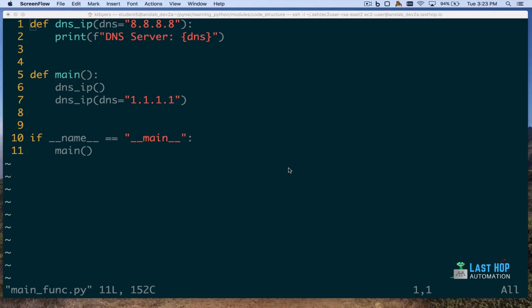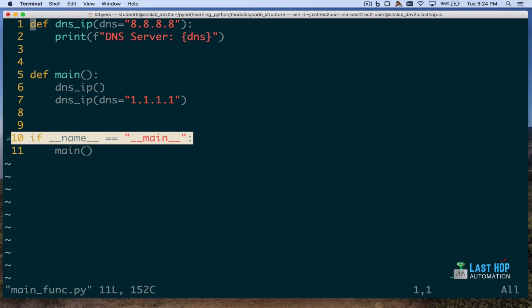In the previous video, I showed you how you could use the dunder name technique to separate the importable code in your program from the executable code. One other technique that you'll frequently see used in Python programs is where you create a main function. So here you can see once again I have my DNSIP function. I have a function main, which I'll talk about in a minute. I'll have a dividing line, the dunder name dividing line between my importable program and the executable code that's specific